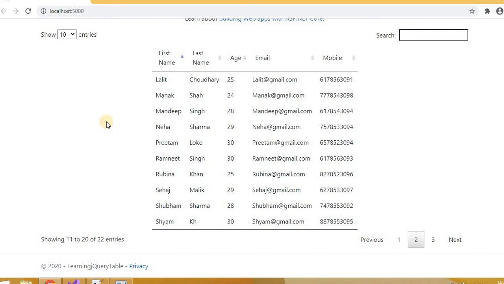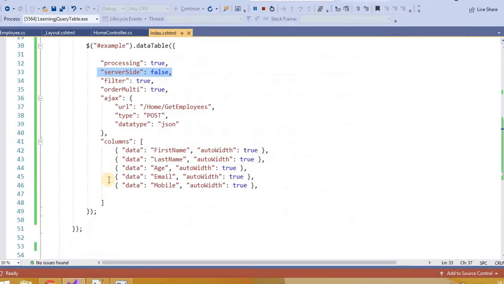So guys, this is just the basic, and in the next video we will see how we can implement CRUD operations on this particular table, and how we can add the edit button and delete button here. For that we will use one property, which is the render property, for the columns, if we want to show something other than a property. So we will see in the next video.